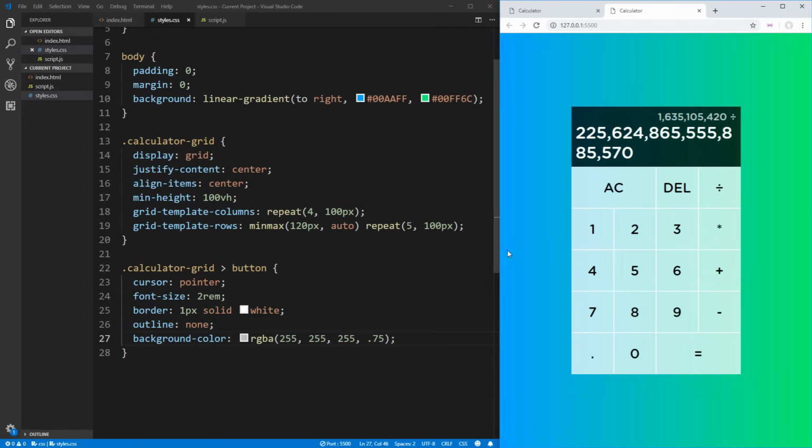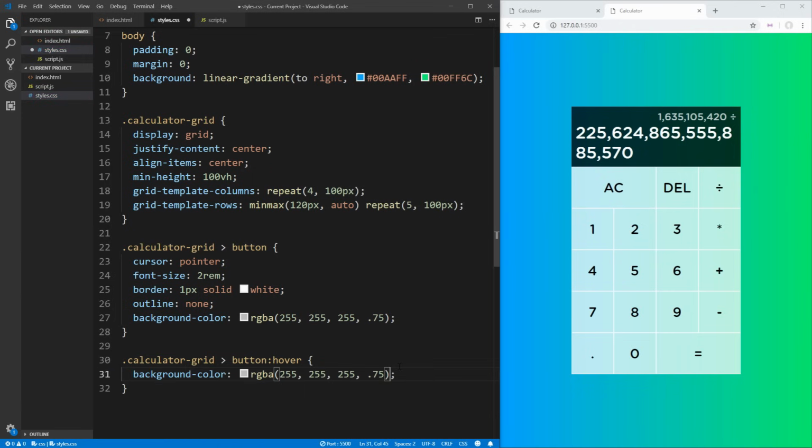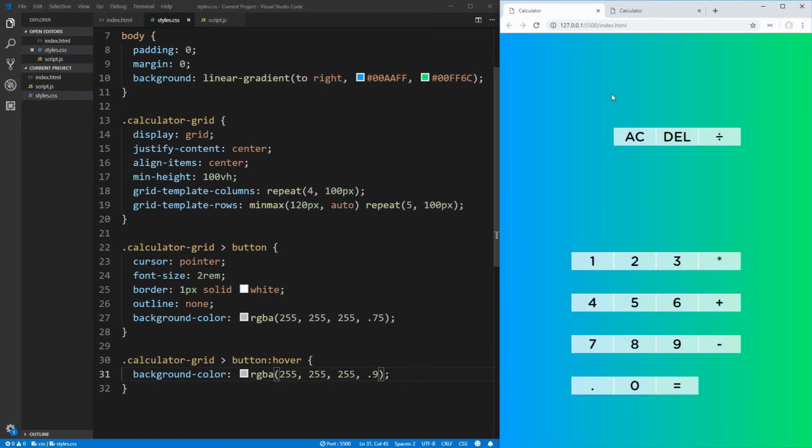over here. Last thing we need to do to these buttons is actually make it so that when we hover over them, they change color. Because as you can see over here, these buttons change to be almost completely white when you hover. So in order to do that, we'll again copy this selector down, but we'll use the hover portion of it, and we want to just change the background color. It's going to stay the exact same white, but we'll change the opacity here to be 90%. And now if we go back over and hover over a button, you see that it turns to this white